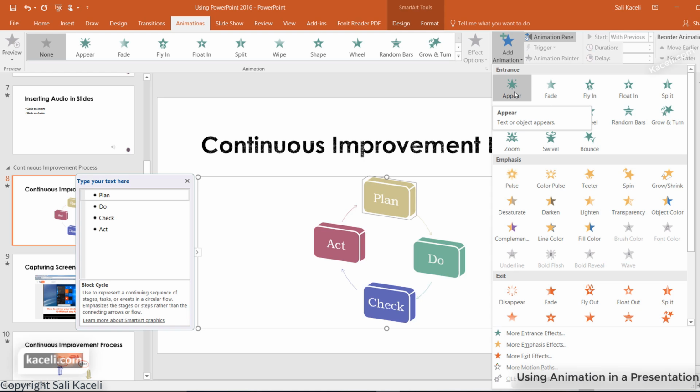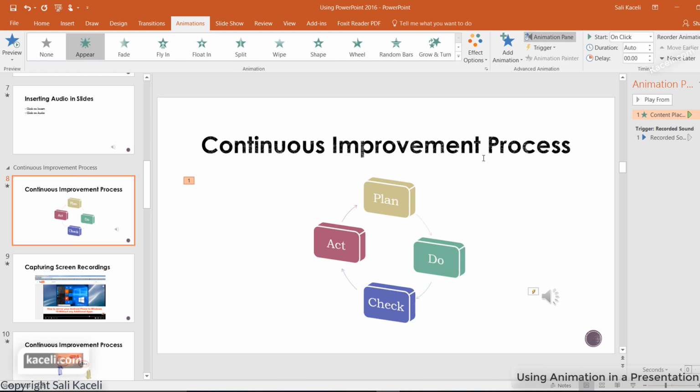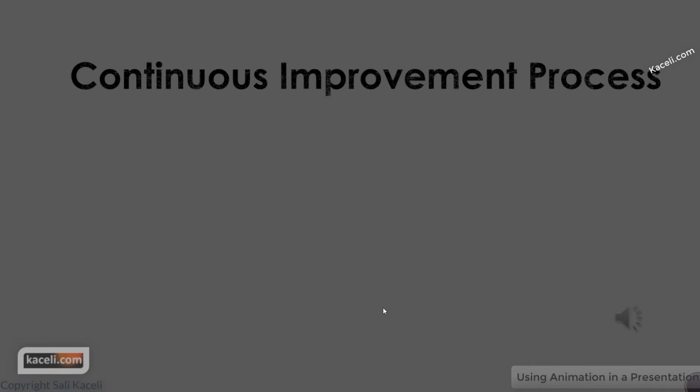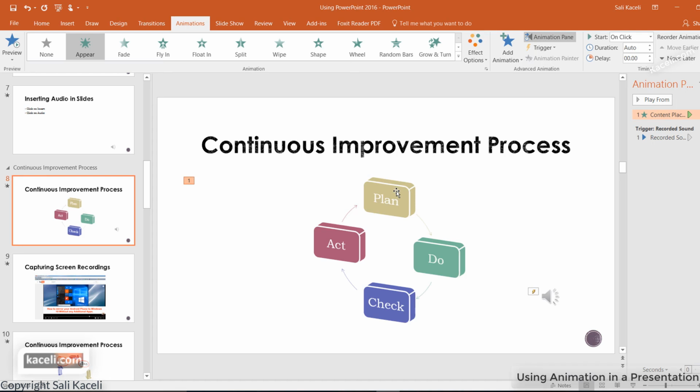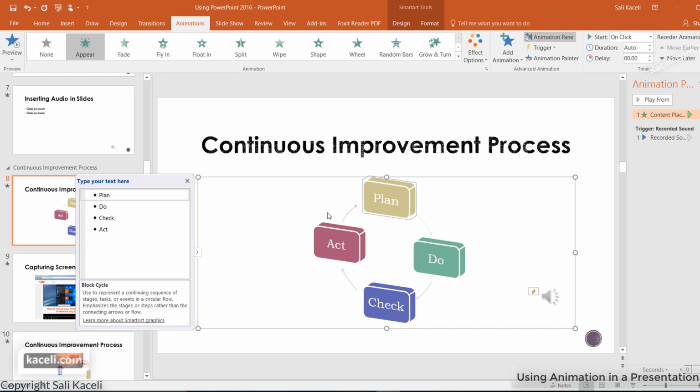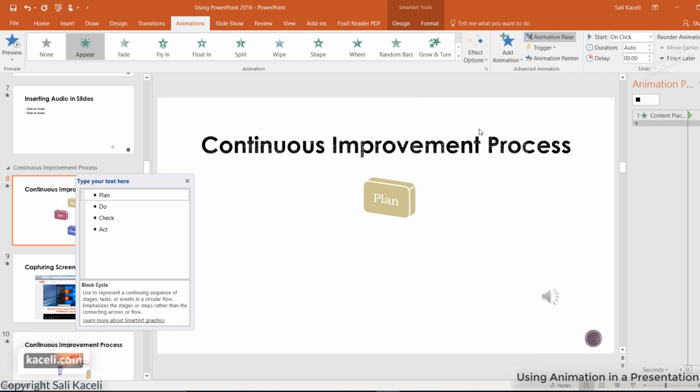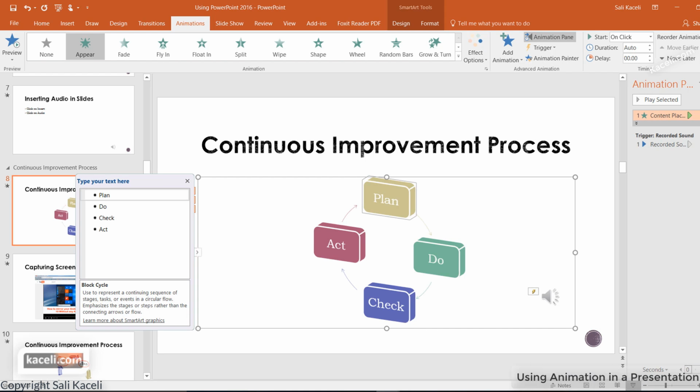Let's say we want appear, and now notice here under the animation option there are the effect options as well, because by default if I play it right now without doing anything else, it's just going to present it. But we can customize it so each one of those items can come separately. And the way you do that is by clicking on the effect options and then choose one at a time. So if I go and present this and test it,